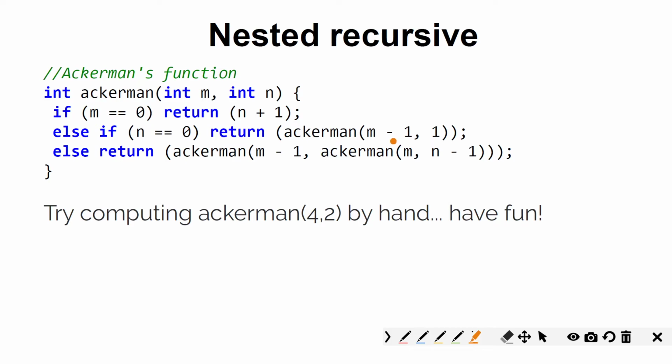Else, if you have, return Ackermann call. And here, as you see, is nested calling. In the function, you're calling another function, Ackermann. It's nested here. And for that purpose, if you have nested calling, you will get a really bad day